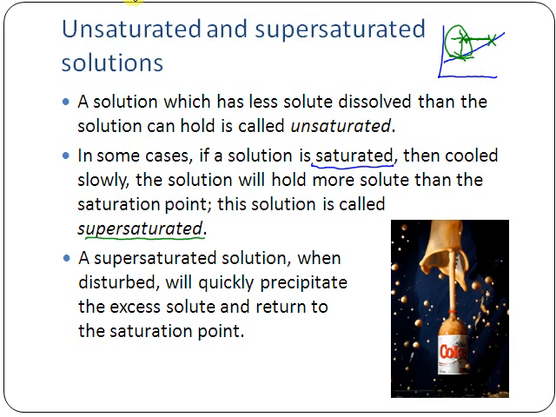The particular chemistry of Diet Coke, though, means that if you drop something that has a very rough surface, and a Mentos turns out to have an extremely rough surface, and when I say rough, basically what I mean is that the roughness of the surface corresponds roughly to the type of things that carbon dioxide likes to attach to and form bubbles on. And so whenever you drop a Mentos into a Diet Coke, all of this carbon dioxide, which is above the saturation point, suddenly is disturbed, finds a spot to grab onto and form bubbles, and all of a sudden, almost all of that carbon dioxide, which was supersaturated, suddenly